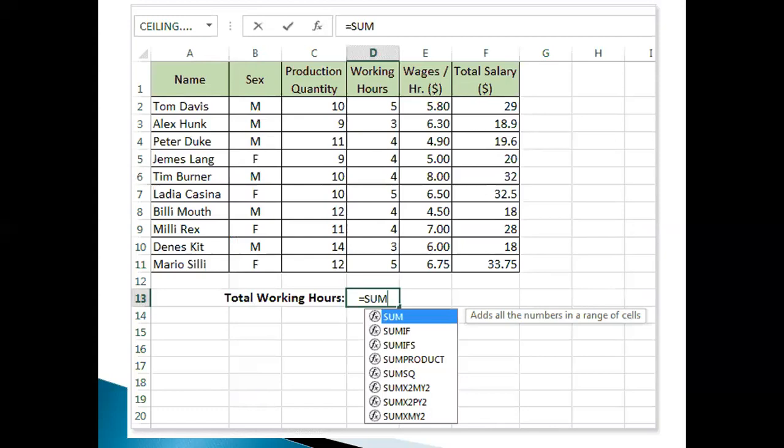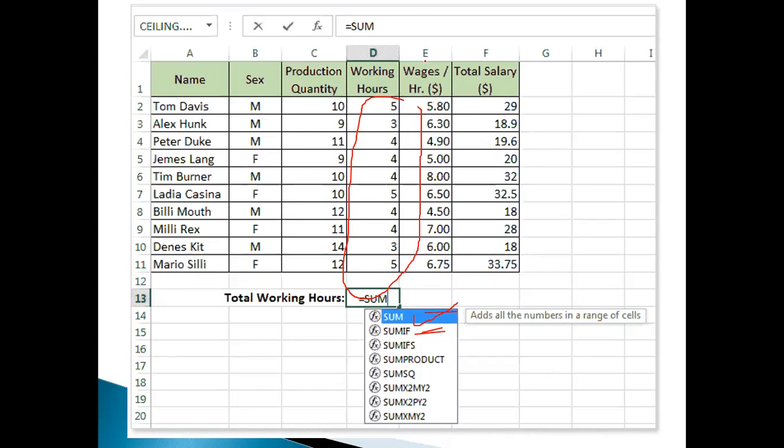Then there are SUMIF and SUMPRODUCT. If you want only SUM, then give the parenthesis, and once you give the parenthesis, you can select the range, from this 5 to this 5. If you select it and press enter, you will get the sum.